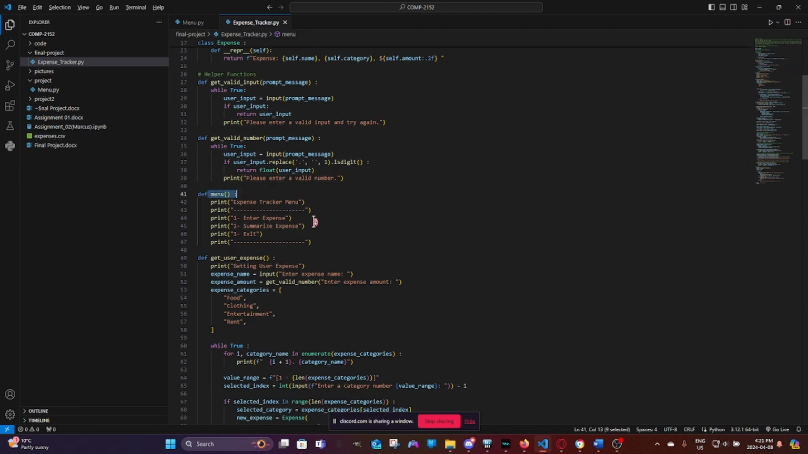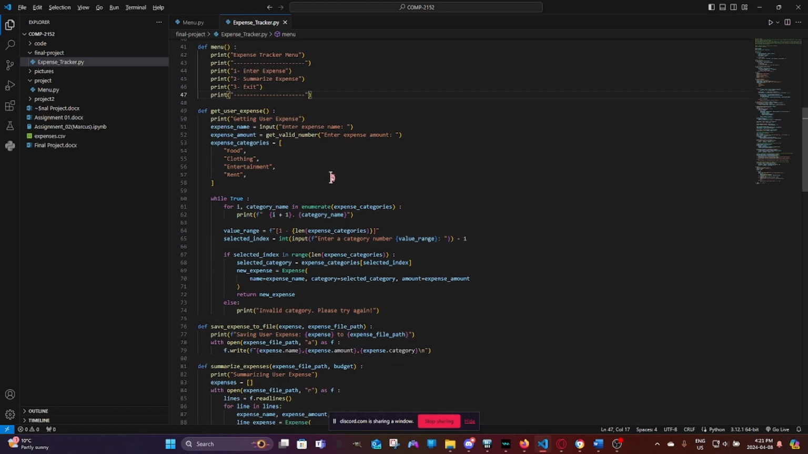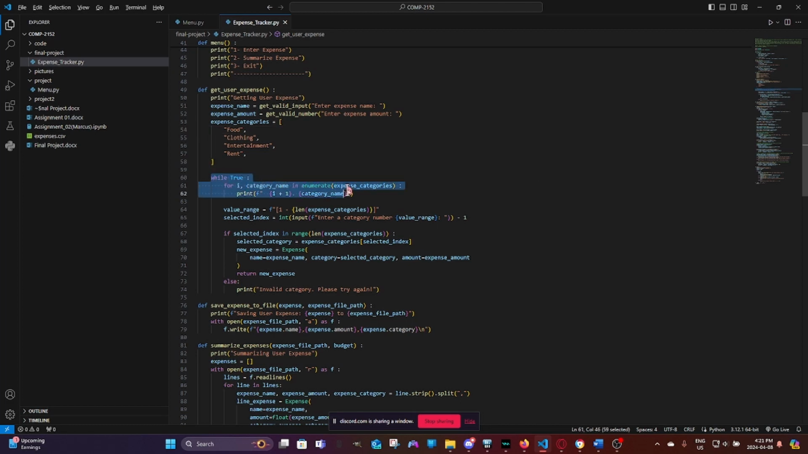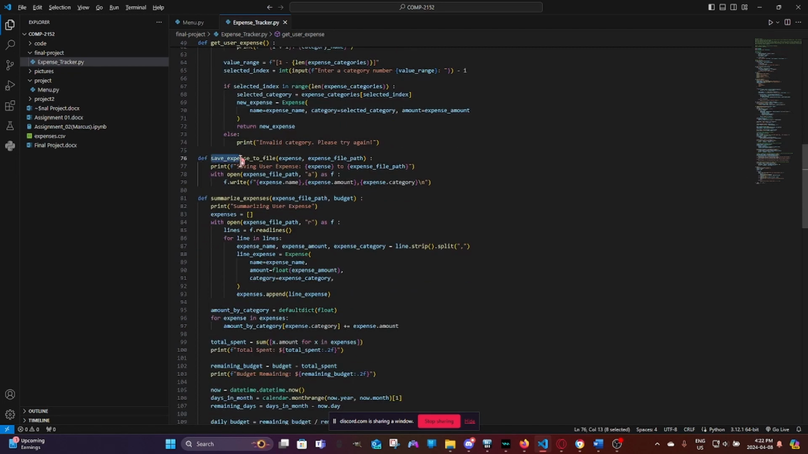We have our menu, so the user can enter an expense, summarize expense, and exit the program. The get user expense is to get the input from the user. So we're going to ask here, enter expense name and enter expense amount with each of these categories right here. And we put in a while True loop to make sure that the person enters it correctly. We have a save expense file